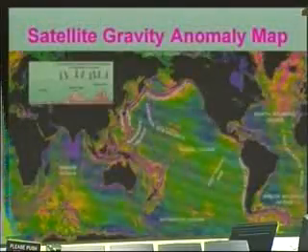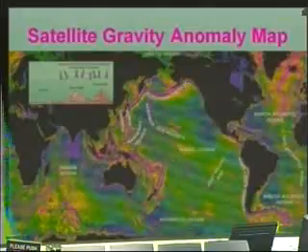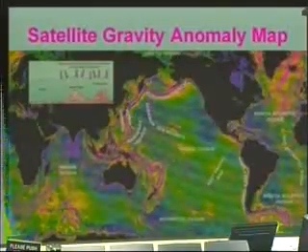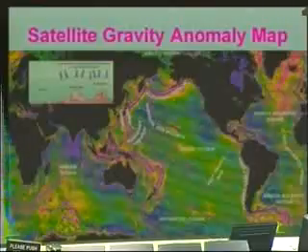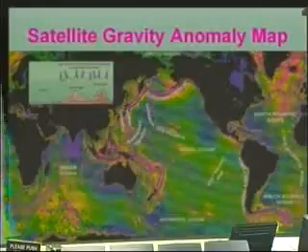Here's a picture of this new gravity anomaly map. This is taken by NOAA. Extremely high resolution of the seafloor. All the continents are in black. We're not interested in the continental values, so they were kind of darkened out. And this little inset you see over here over Asia in the top left-hand picture, we're measuring subtle variations in gravitational pull that result on the surface of the sea.